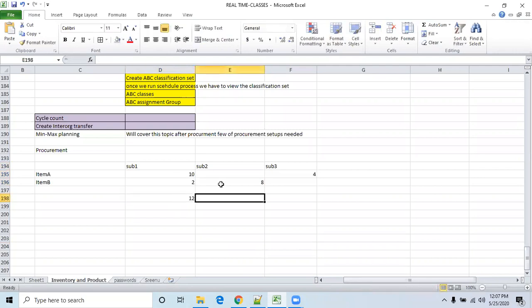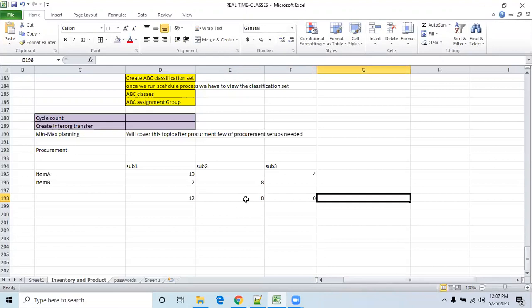And here item A under sub inventory 2, there is no quantity. That's why while doing the cycle count, how much quantity is considered? It is considered as 0. So it won't consider anything. Here also it won't consider anything. It will consider only 0 here.